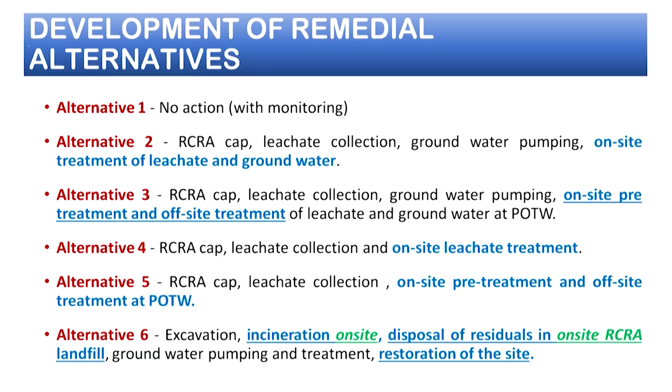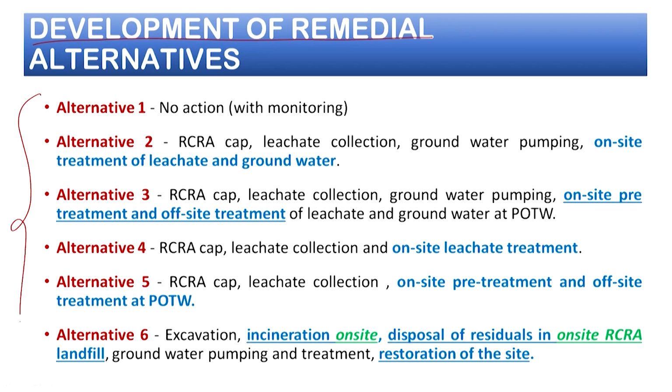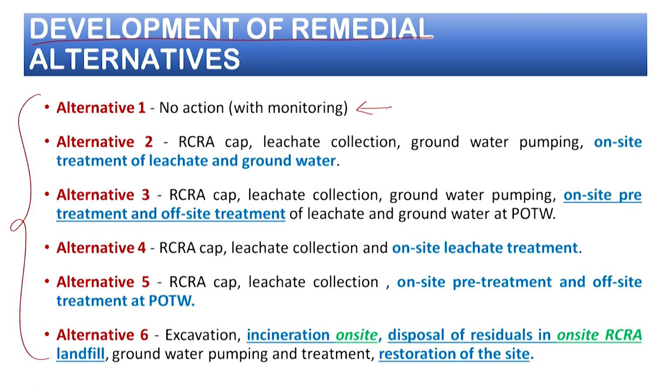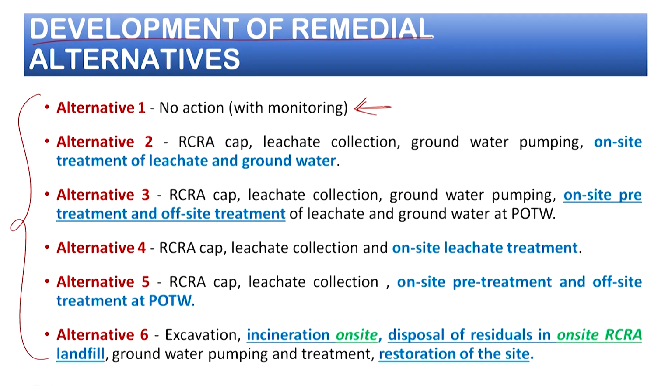Moving on, depending upon the relevant analysis we are going to do during our course, we are going to come up with different alternatives. Here we are obviously not going to go through that in that level of detail. One aspect is doing nothing. If it is a remote location and the risks associated are less, that is one aspect you can certainly choose, but that is not the case. Usually, the no action alternative will let you come up with the relevant costs and risks for relative comparison. So that is one aspect.